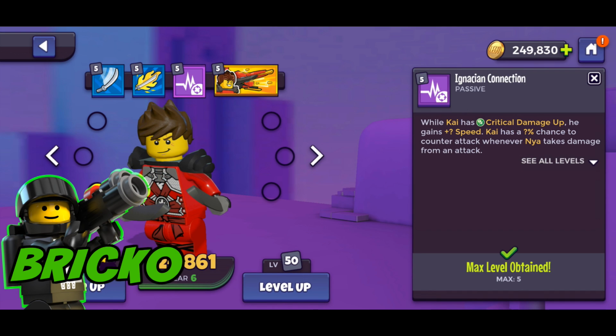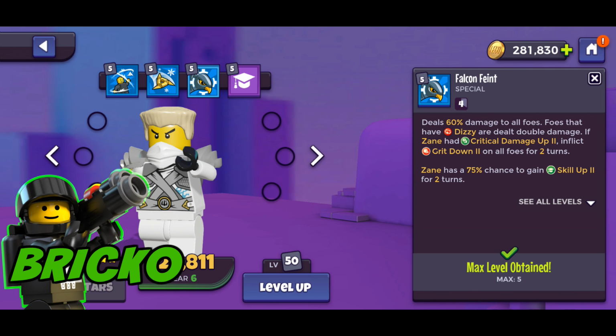And then it's also going to work really well with Kai because he is an attacker, so he's going to gain that crit damage up. And while he has that, he's going to gain a speed bonus. So Master Wu is going to essentially make Kai hit harder and be much quicker. And then Zane is an attacker as well, so he's also going to gain crit damage up 2 from Master Wu, and that will trigger this right here, where he will also inflict crit down 2 on all foes for